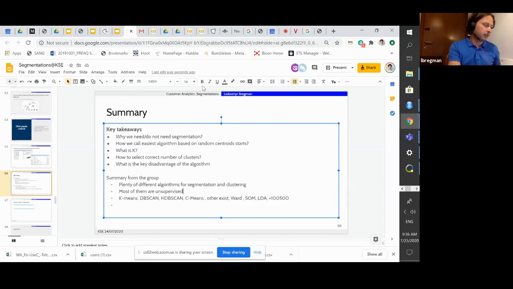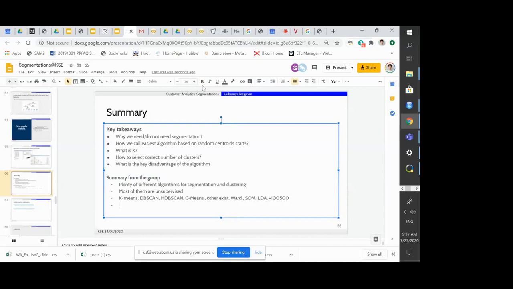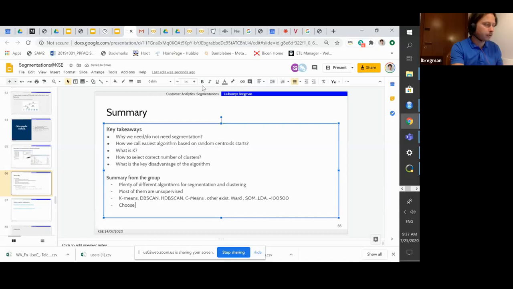What else was a key takeaway from this part of the course? You have to choose the algorithm based on your problem and take into account capabilities and customer base.